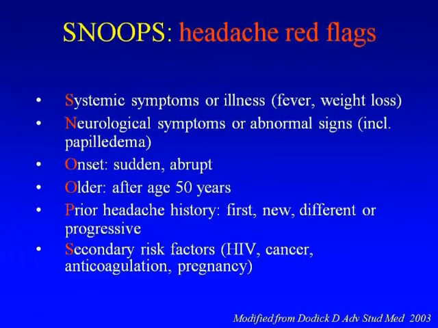If the patient is over 50 years of age, it's not typical to get migraines after the age of 50. Also, the known prior history: if it's a new de novo headache, or if it's a different pattern of headache, if it's progressive. And the other secondary risk factors are HIV, cancer, anticoagulation, pregnancy. So keep in mind that these are very important,